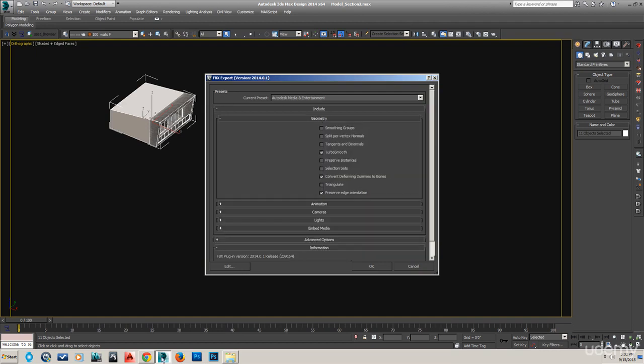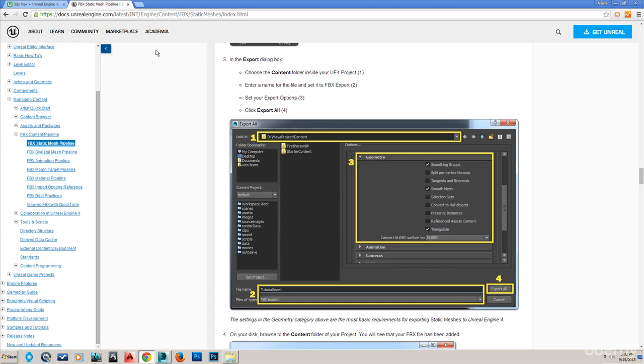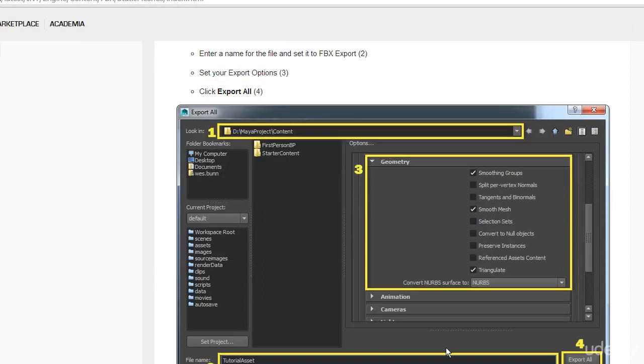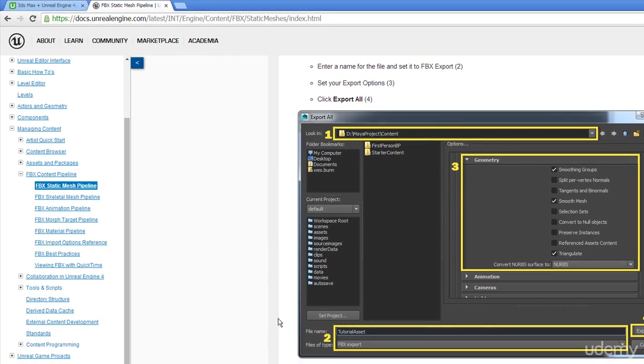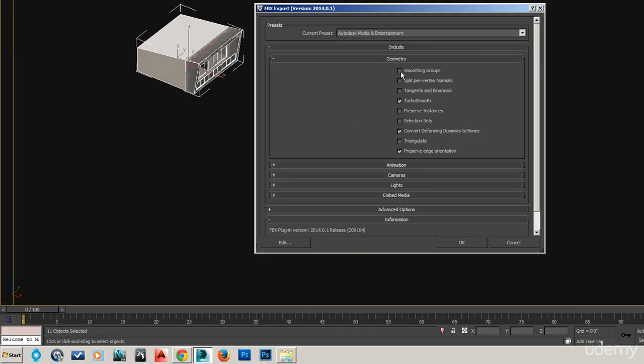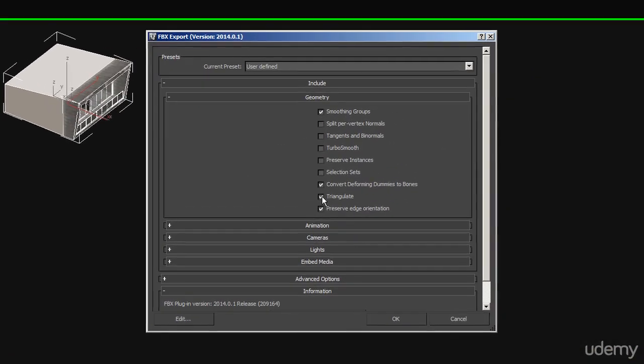This is where the help files come in. If you go to UE4 help, docs.unrealengine.com, I guess is the website, it shows here that these are the minimum requirements for exporting FBX to Unreal Engine 4. So these are the main things we have to look at right here. Under geometry: smoothing groups, smooth mesh, and triangulate. Smoothing groups, triangulate,